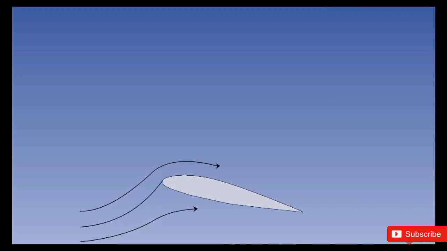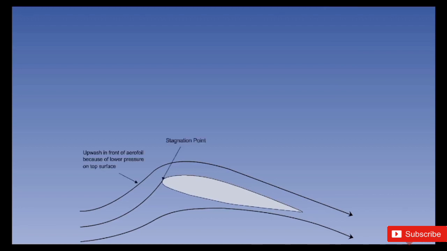As air flows over an aerofoil at sufficient speed, it will have certain effects on the static pressure surrounding the aerofoil, as propounded by the principle of continuity and Bernoulli's theorem. As seen in the last lesson, even before the airflow reaches the aerofoil, the pressure drop over the upper surface will cause the flow to rise towards it. This is known as upwash.